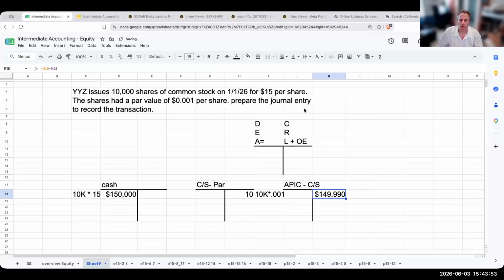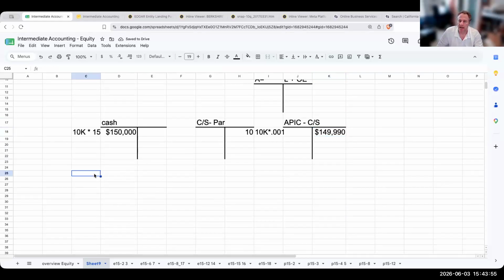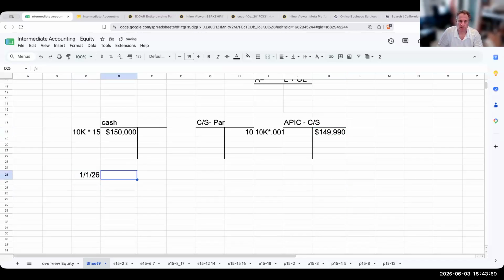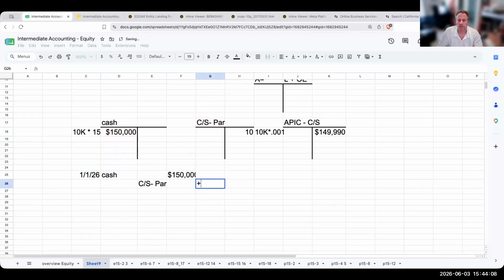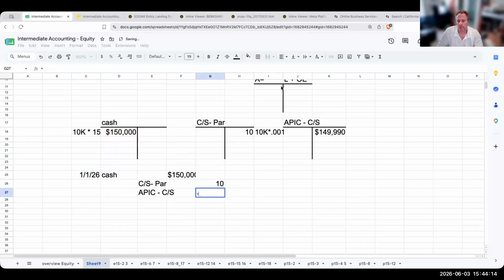So this is how we're going to go through and record this transaction right over here on 1/1/26. If we're to do this as a journal entry, we basically have got cash at 150. We've got common stock at par over here for 10. We've got additional paid-in capital stock over here for